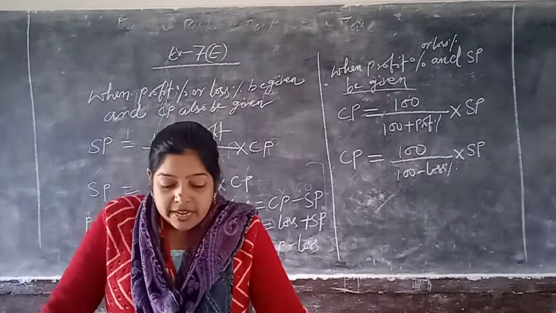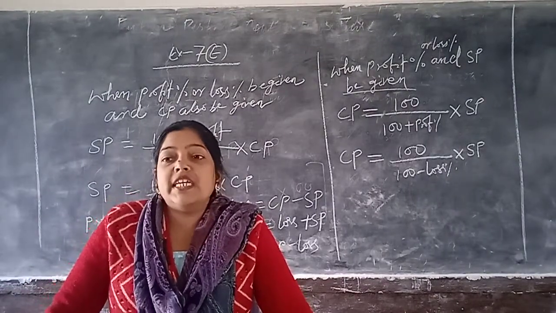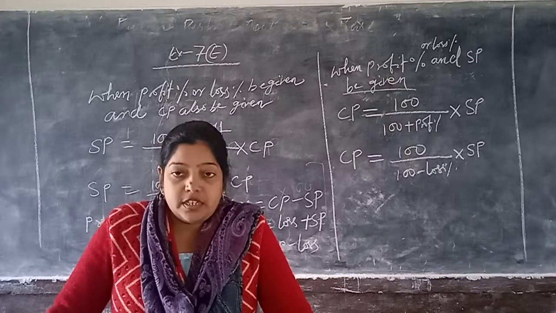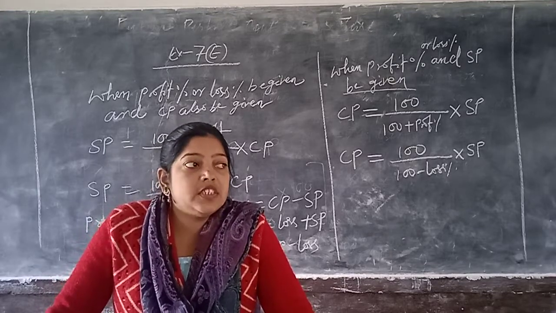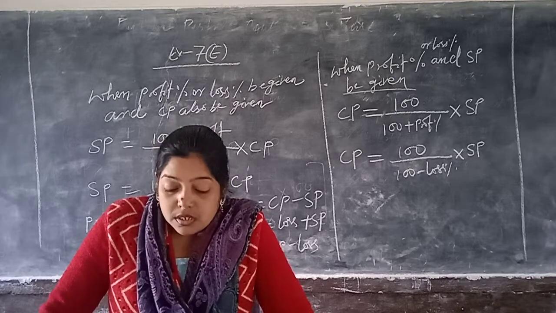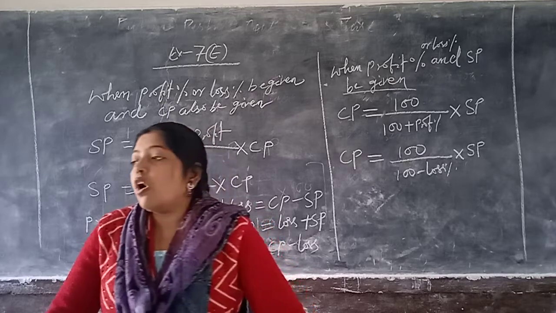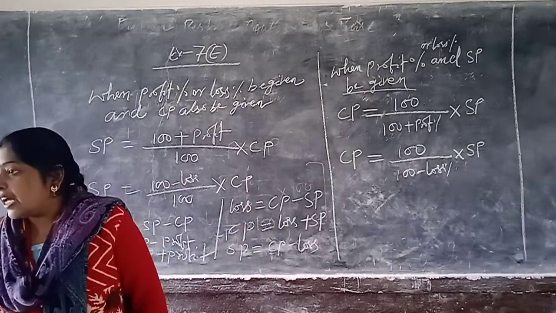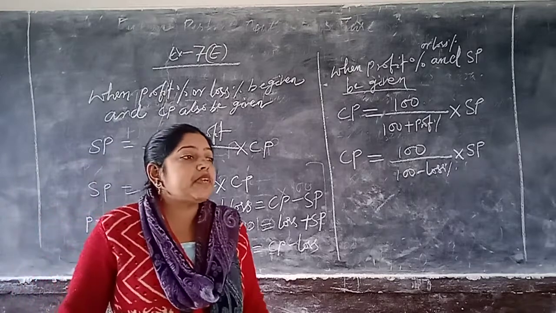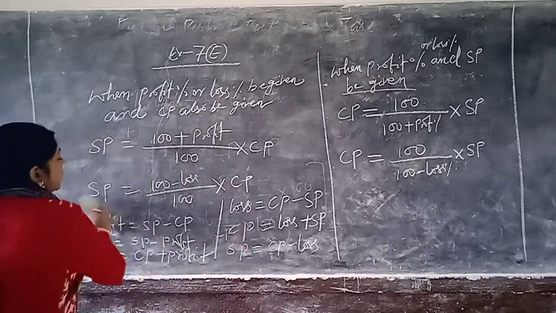So the question is given selling price. If the selling price is rupees 650 and cost price is equal to 700, so what is profit or loss? Loss. Why? Because in this case cost price is more than selling price. So when cost price is more than selling price, that is called loss. So we write some questions.